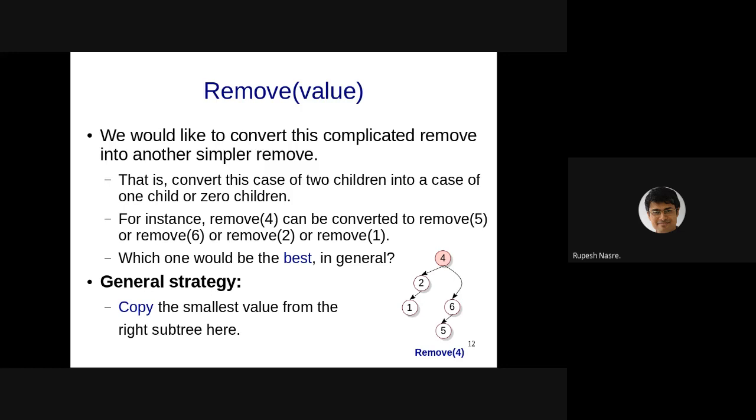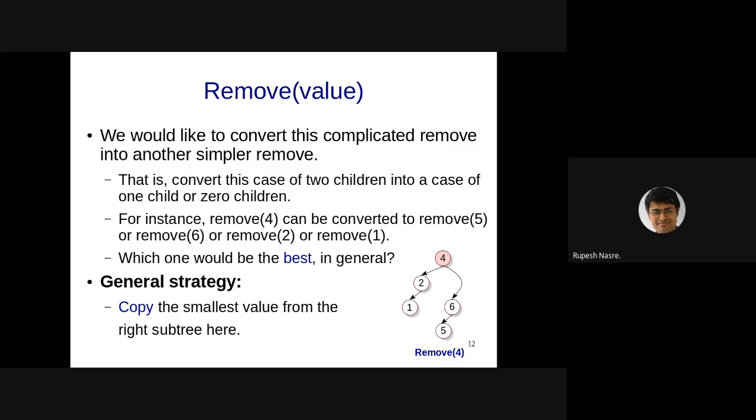And I have not mentioned it here, but I'll probably ask you later, that you can as well copy the largest value from the left subtree. Right? One of these two is going to give you the answer, and that is where our find min and find max are going to be helpful, where we can find the min in the right subtree 4.right or the max in 4.left. Okay. Any questions on this strategy?